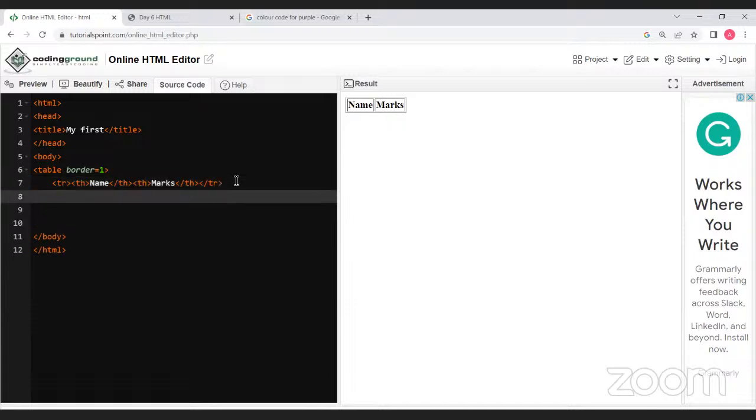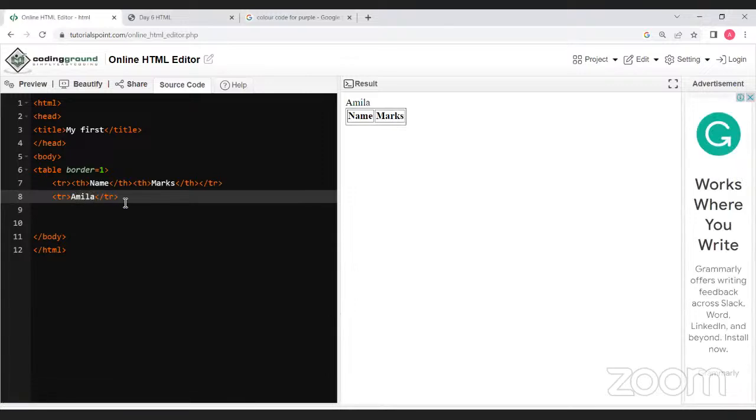Then I'm going to take the next row. එහෙනම් තව tr එකක්. ඒක මම දෙනවා td. Right? td අපි ගමු